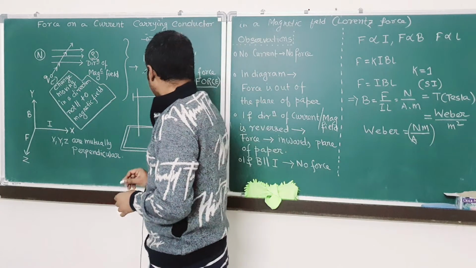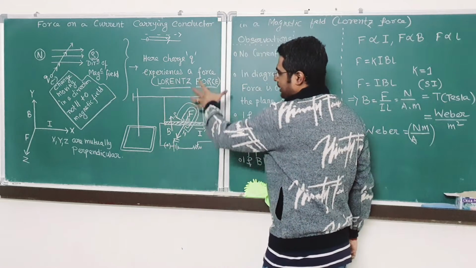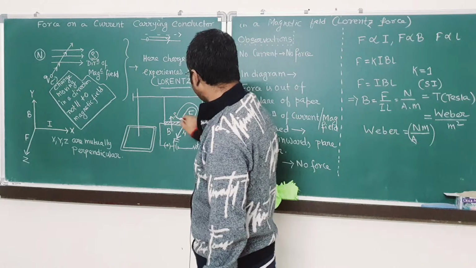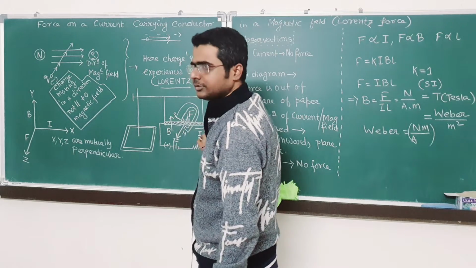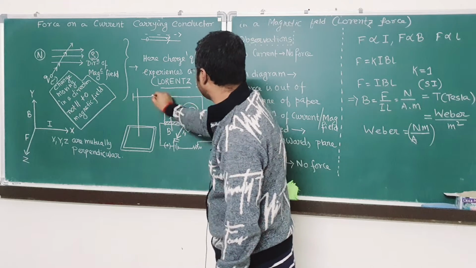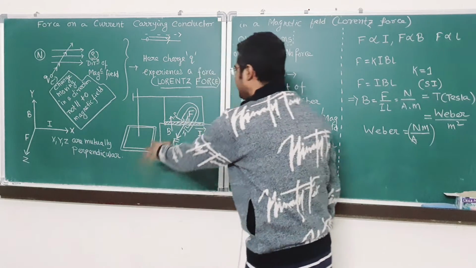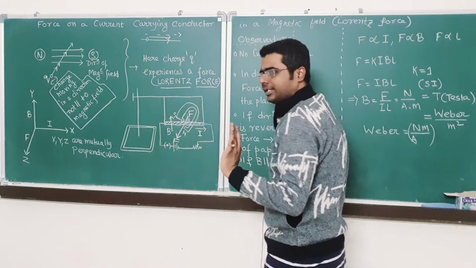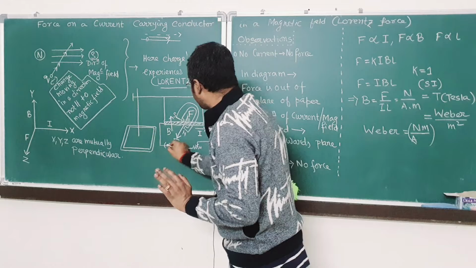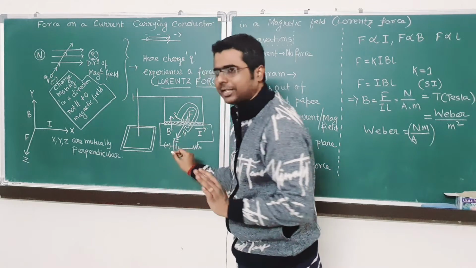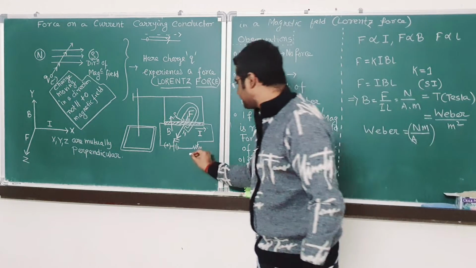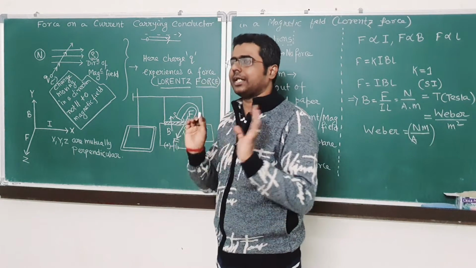So here is the experimental setup. Here is one stand, with which one conductor is basically hung, okay? And here is an electrical circuit where current is flowing. So we can clearly understand that there is a direction of current which is flowing from the positive to the negative terminal of the battery. Clear? Next, at this moment I have taken a horseshoe magnet,